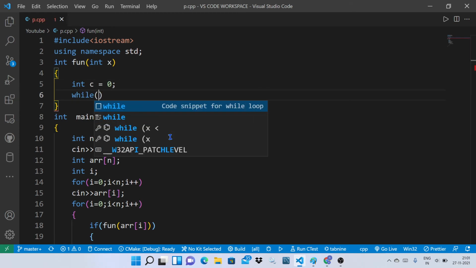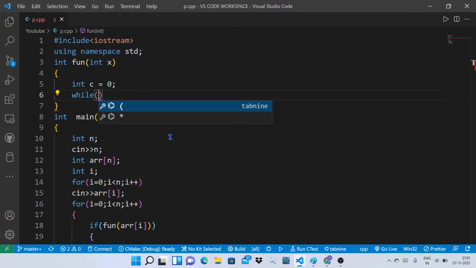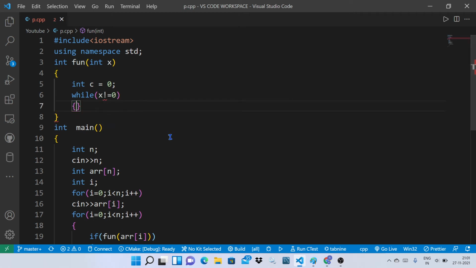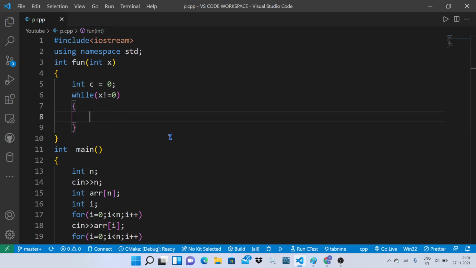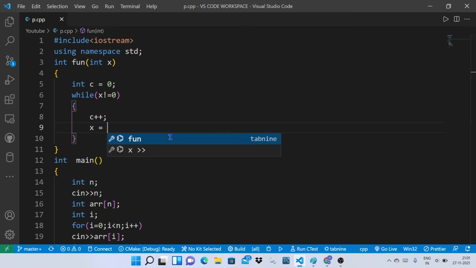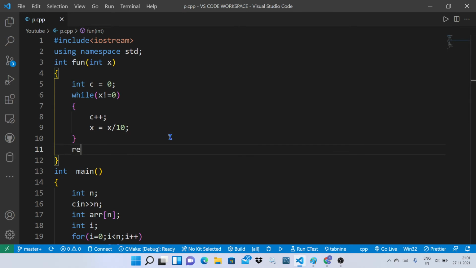Using a while loop we are checking the condition x not equal to 0 or not. Inside the while loop we need to increment the c value, followed by we need to decrement the x value by dividing by 10. After the loop runs it needs to return the c value.